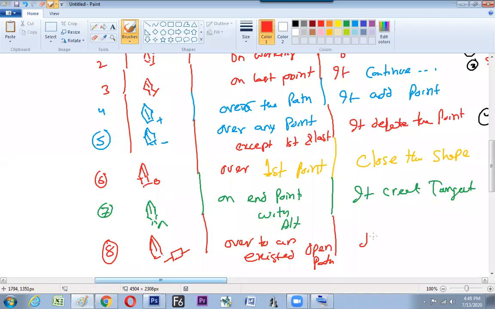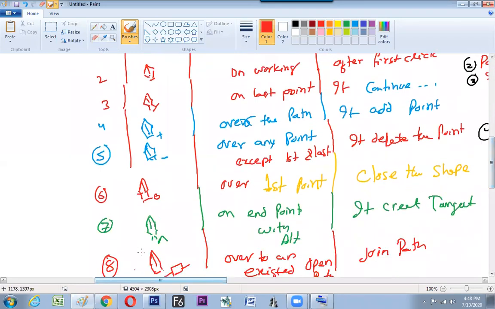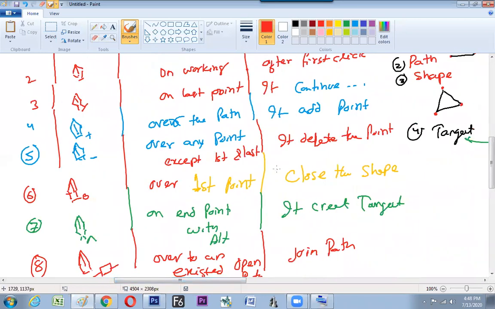What does it do? It joins the path. Only one tool needs to be perfect. How much amount you want, it is there for you. It works similar to the lasso tool, sir? Sort of, but its applications are different. It is a selection tool, just like your lasso, and it is a controlled format.